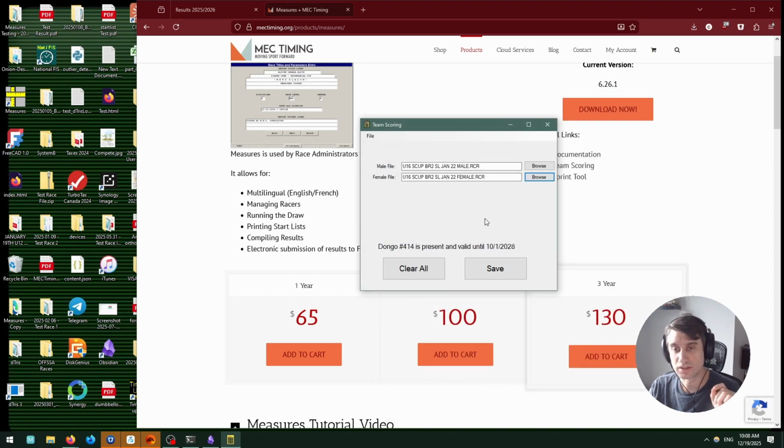When you run the team scoring app, you need to have an internet connection, because it looks at all the racers in the race and pulls the team information from the website to generate the race results. If you don't have an internet connection, it'll tell you so. I can't demo that because then I would lose all of you. It'll just say there's no internet, please connect to the internet, and once you're reconnected, you can run it. So if we click save,